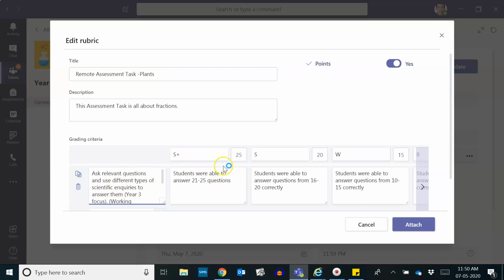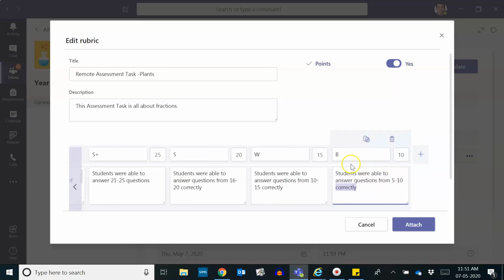I have also put some criteria here where students who will get S plus will get at least 21 to 25 scores. Students who will get S or secure will get at least 16 to 20 scores out of 25. Then working with 10 to 15, and for beginning 5 to 10. I'm pretty sure most of the students will get at least 5 with your help and of course their parents. Then you can attach this